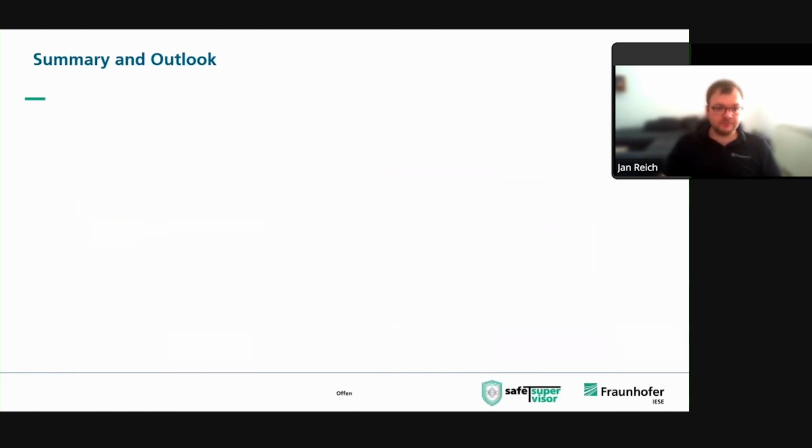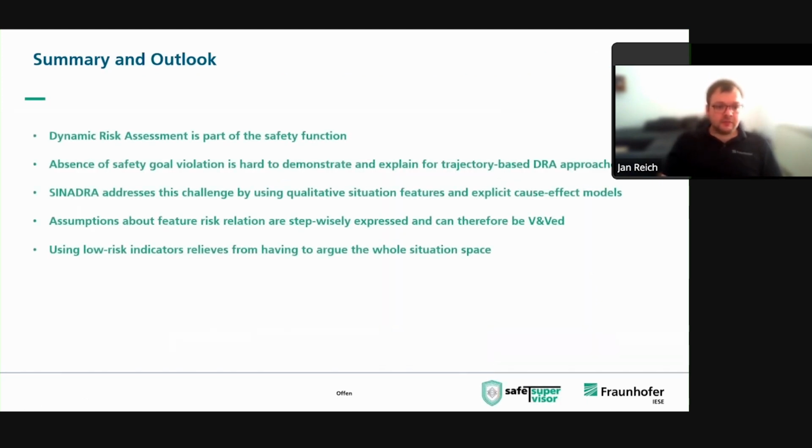So coming to the end, basically a summary would be: dynamic risk assessment is clearly part of the safety function, and therefore respective safety engineering techniques are relevant. We have seen that the absence of safety goal evaluation is hard to demonstrate for trajectory-based TIA approaches, because going on a trajectory level actually provides a gap with respect to the traceability from situation features to the risk estimate. And the SINADRA approach addresses this challenge by going more on a qualitative level,